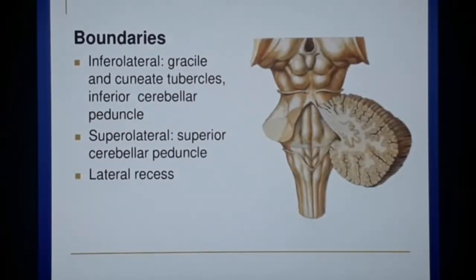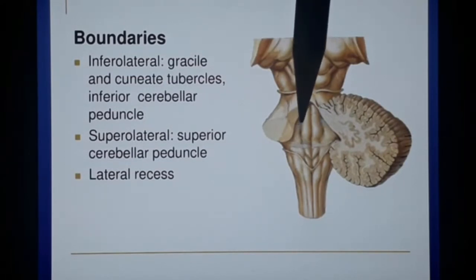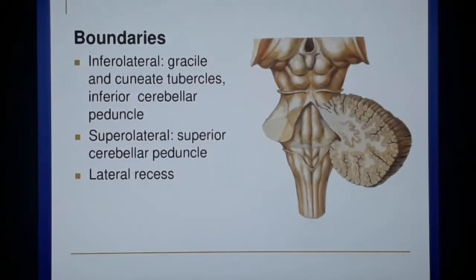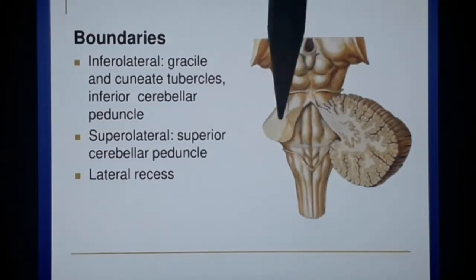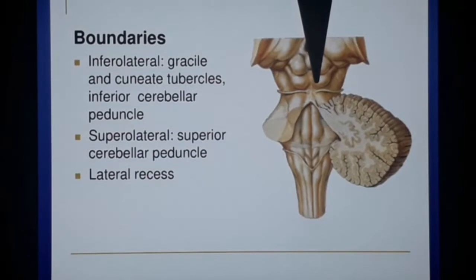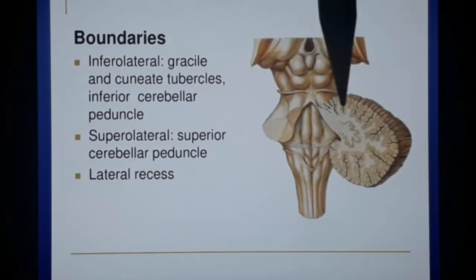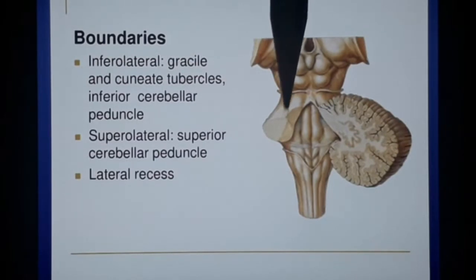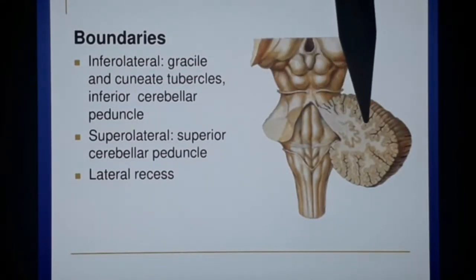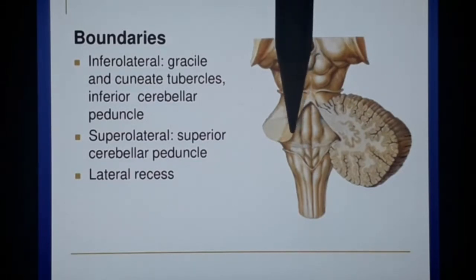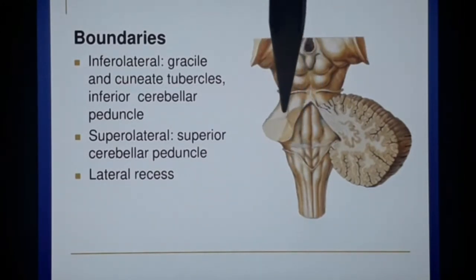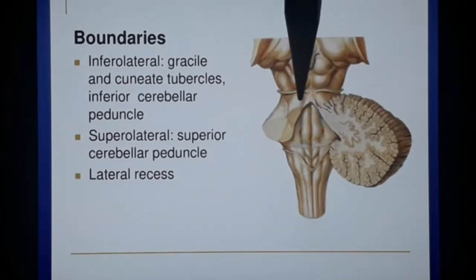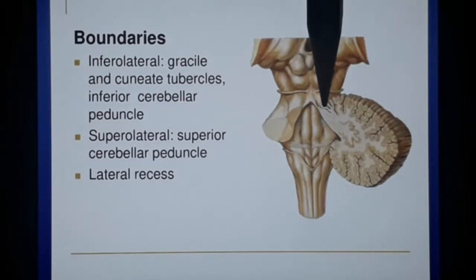Moving on to the walls, the supralateral wall is formed by the superior cerebellar peduncle. In the previous class, I told you the cerebellum is connected to the brainstem via three stalk-like structures called peduncles. The superior cerebellar peduncle connects the cerebellum with the midbrain. The middle cerebellar peduncle connects the cerebellum with the pons, and the inferior cerebellar peduncle connects the cerebellum with the medulla. So if you see, the supralateral wall is formed by the superior cerebellar peduncles on either side.